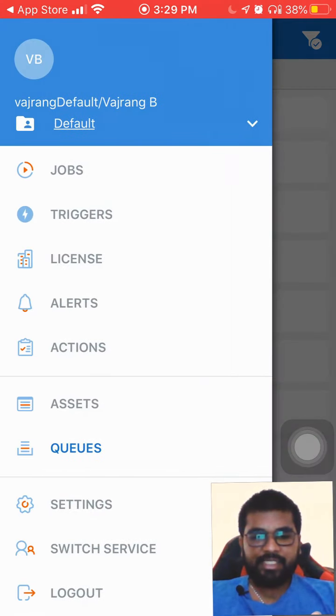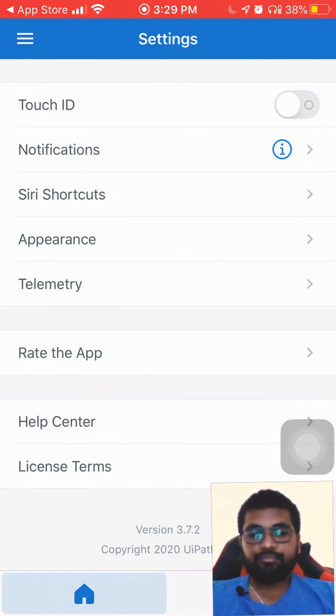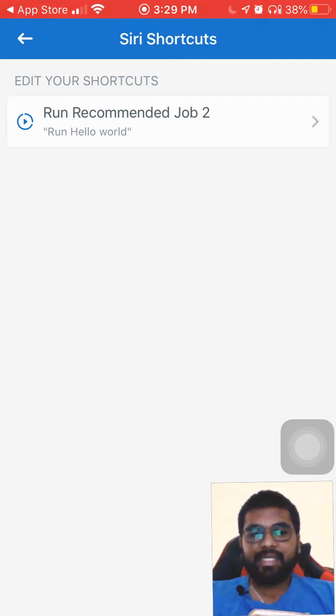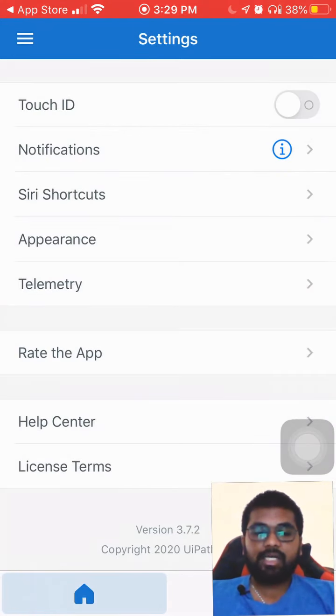Let's go with settings. What do we have in settings? So I can enable my Touch ID. So that is the best option that I can say is available here. We have Siri shortcuts. So what this exactly means is, I can also start my robot by saying to Siri, hey Siri, start this bot. But for me that's not working. Again I need to check it.